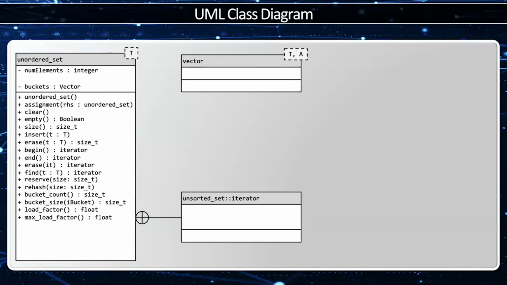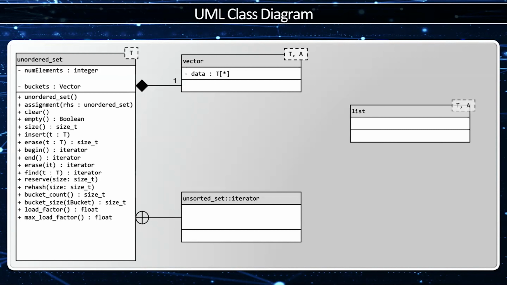Now, the vector is related to the unordered set with association. Now, the association is composition because the unordered set will create and destroy the vector, and there's always exactly one vector. Now, I need to emphasize that the T in the vector is not the same as the T in the unordered set. And the reason for that is because every element in the vector is actually going to be a